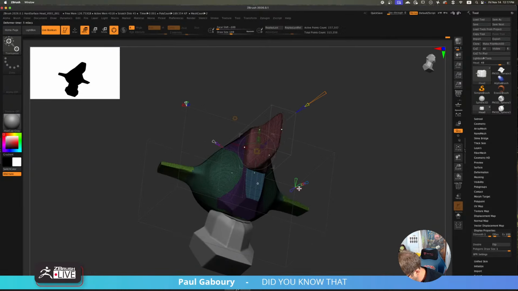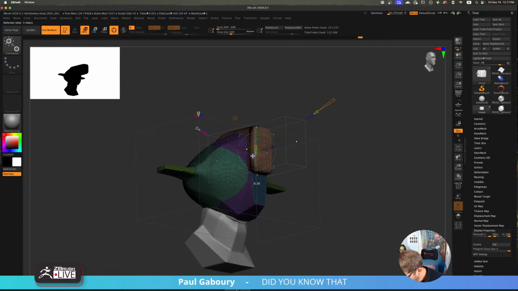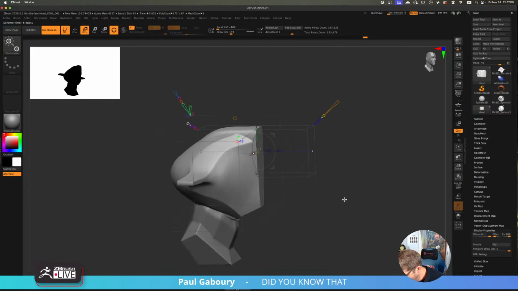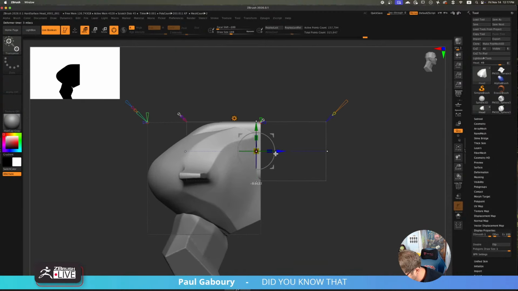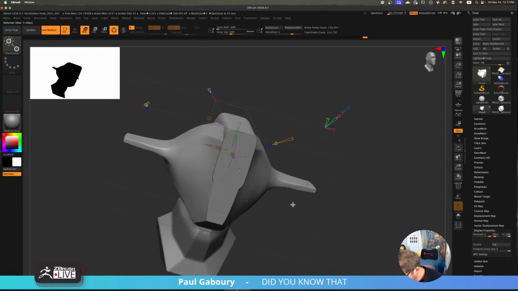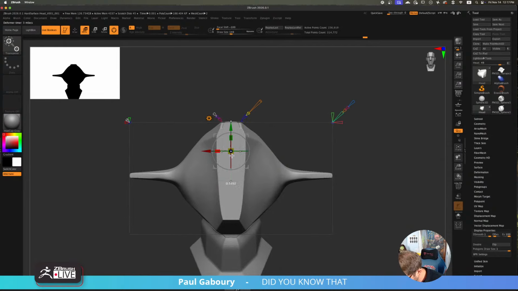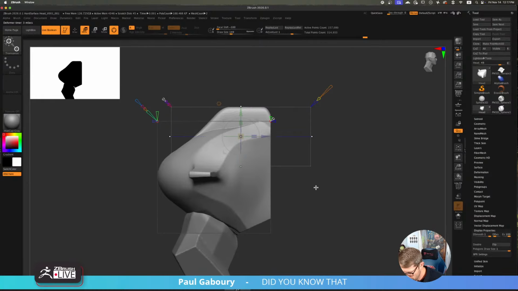Don't know if I like the taper. That's interesting, but I keep getting this flatness though. That's my problem. Okay, kind of like that. Interesting.